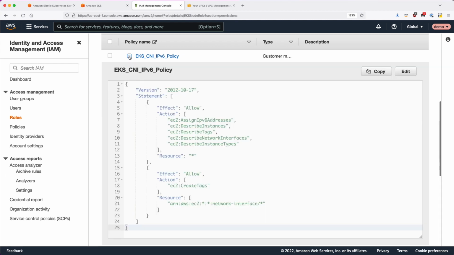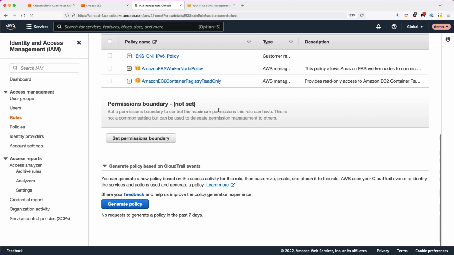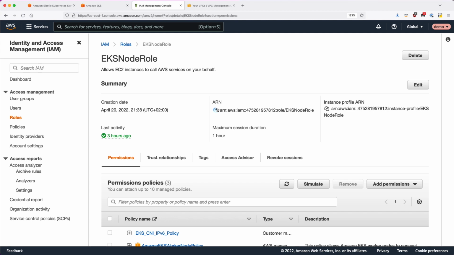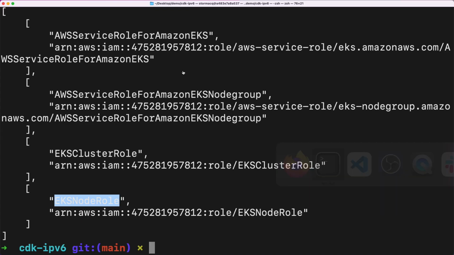And then specifically for IPv6, you need to create a policy. And I create that policy myself. It's not a managed policy. I just copy paste the permission from the documentation. I didn't invent anything there. But those are the permissions that are required when you're deploying an IPv6 pod on your cluster. So basically, it allows the EC2 host to assign an IPv6 address and to tag the network interface it's going to use. So once you have these two, I will assign them to environment variables, because